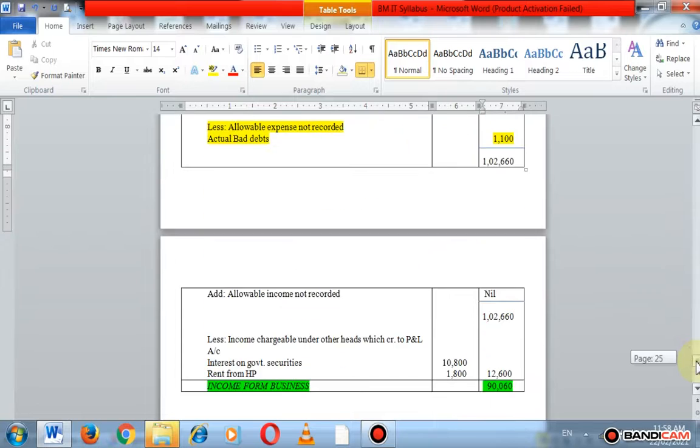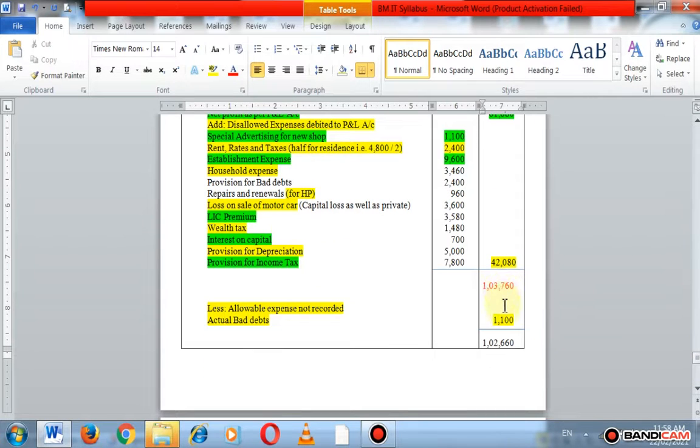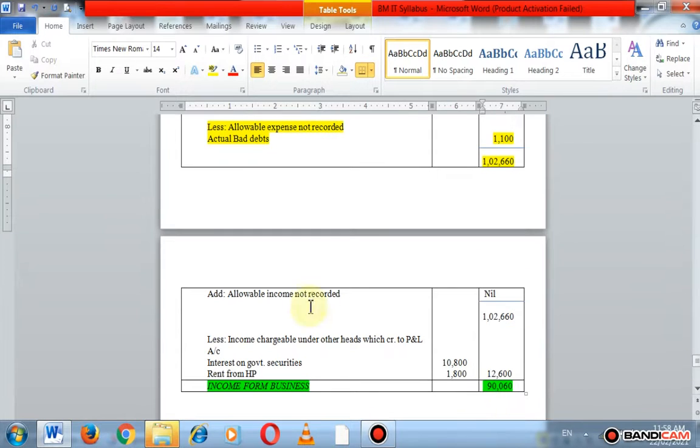ओके, मग 1,100 रुपये 1,03,760 मधून मायनस केले, नेट प्रॉफिट आपल्याला मिळाला 1,02,660 रुपये. ओके, त्यानंतर ॲड काय करतो तर अलावेबल इन्कम नॉट रेकॉर्डेड म्हणजे बिझनेसचे इन्कम आहेत परंतु प्रॉफिट अँड लॉस अकाउंटच्या क्रेडिटला लिहिलेले नाहीत. ओके, तर असे कोणतेही इन्कम दिले नाहीत म्हणून आपण काय म्हटलं तर नील आहेत. ओके, नील लिहिलं, टोटल तीच राहील सेम